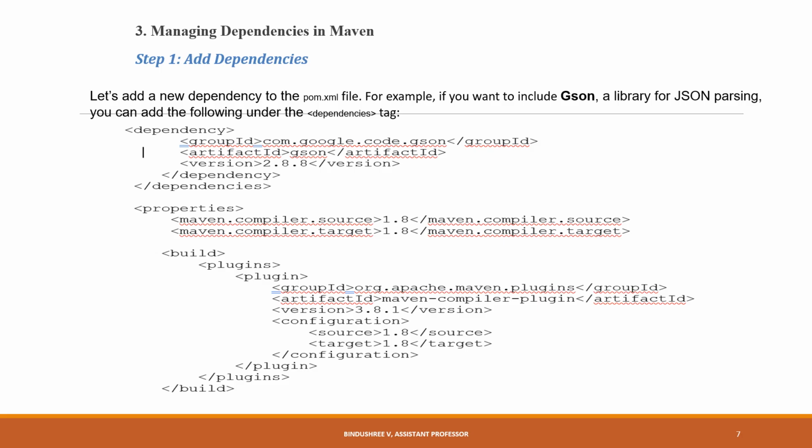And in my case, let us assume for my project to run, I want a library for JSON parsing. Okay, so I want to include JSON, and for that I require a library for JSON parsing. The dependency which is not there in the POM file, we are supposed to add it to the POM file. See, you can see here, everything you should keep as it is. You should have group ID, artifact, version, this dependency,